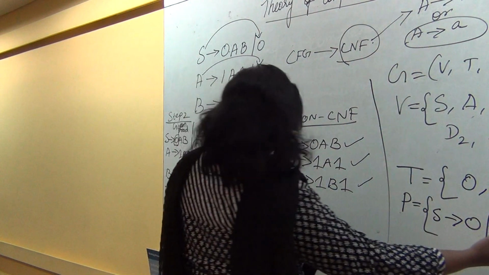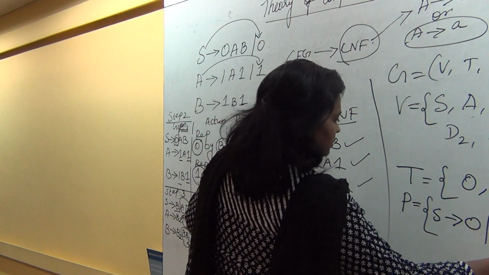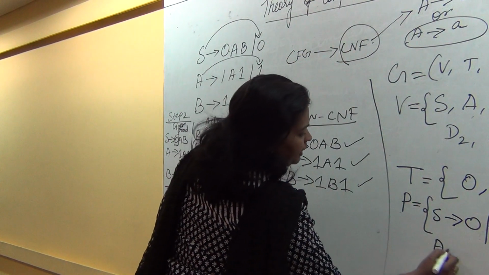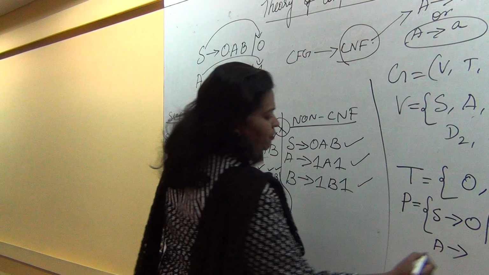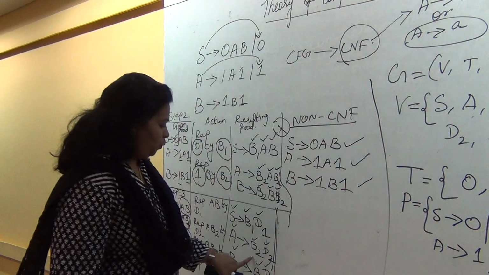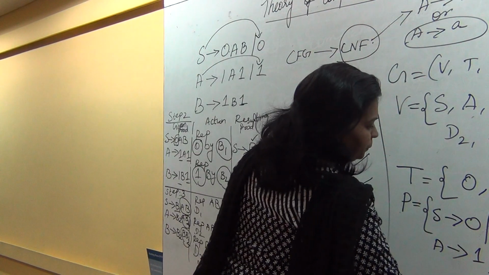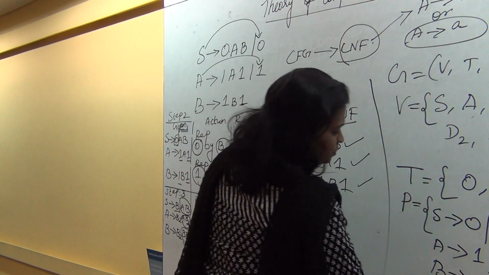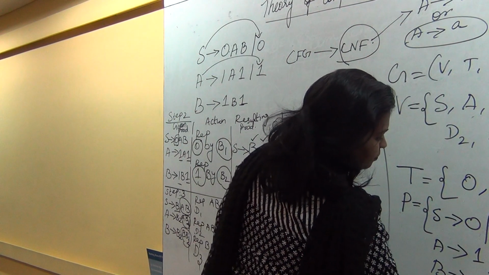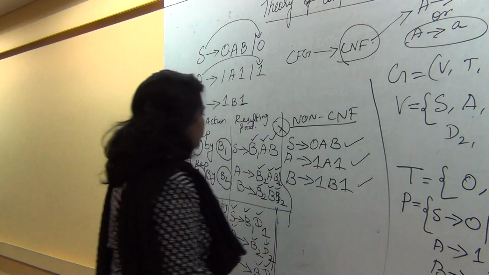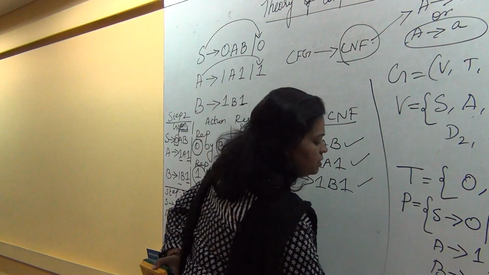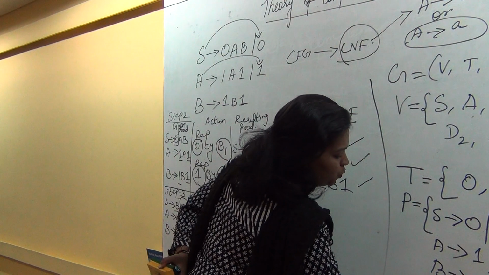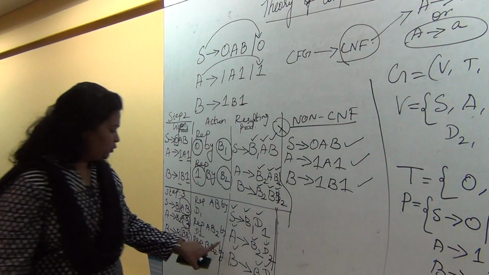So here S tends to B1, D1, and then A tends to 1 already, along with 1 we have B2, D2. B tends to B2, D3. Apart from this, all the replacement functions: B1 tends to 0, B2 tends to 1,